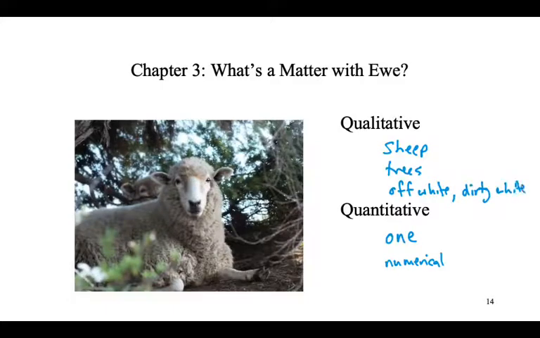Anybody notice an issue with our qualitative potentially? Eggshell. Gray. Anybody colorblind? Qualitative could be a very difficult thing, particularly when it comes to color. Okay? What about the quantitative? What else could you throw in this? I'll accept that. 2. Closer observation. There's a second one hiding back there. What else?